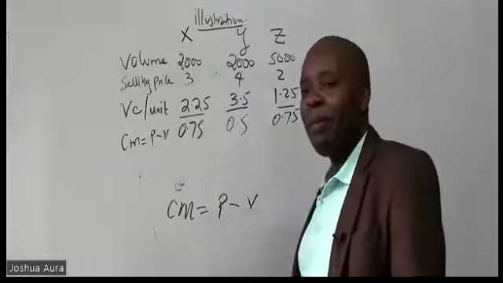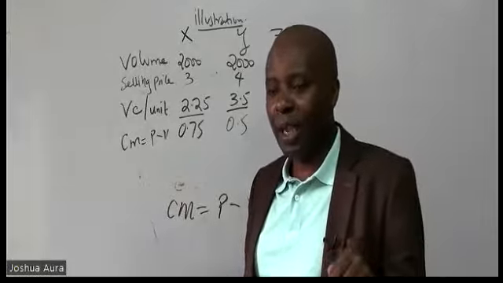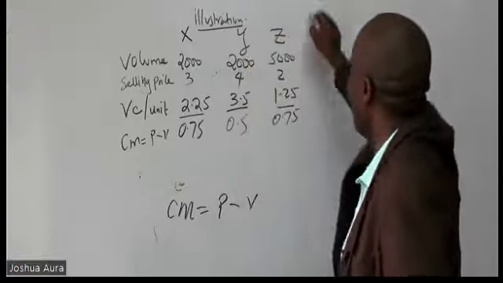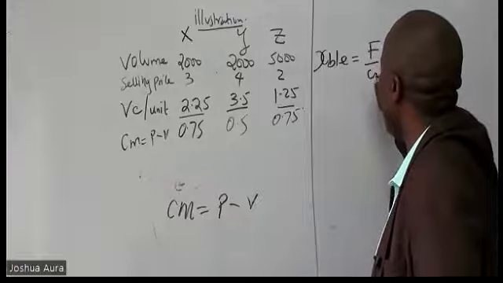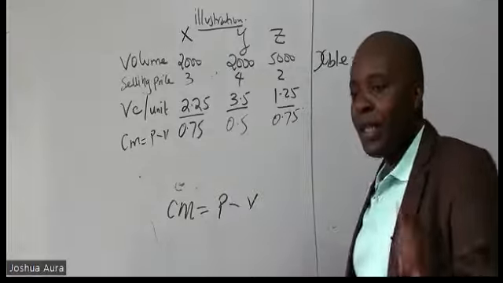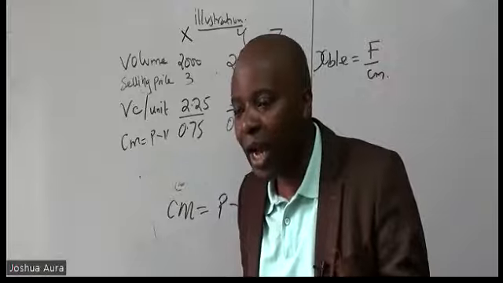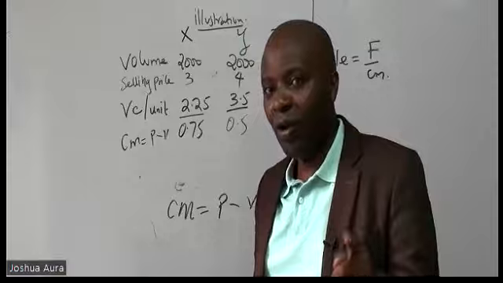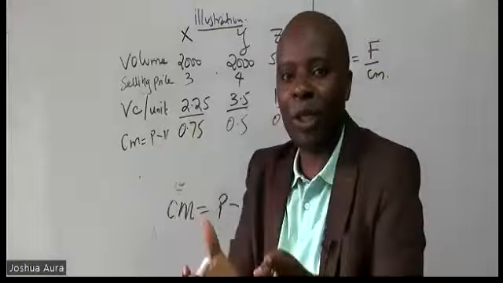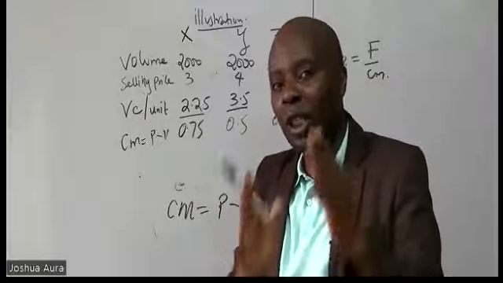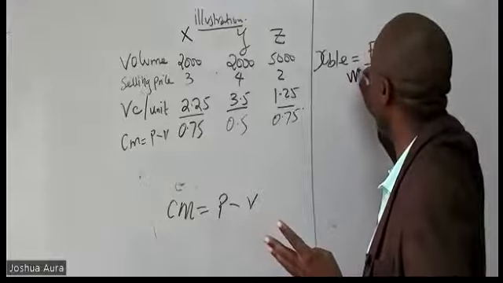Ladies and gentlemen, remember, if you want to get the break-even point, we normally take fixed cost over CM. This is when we have a single product. Whenever we have a single product, we shall use this formula. But if it's a composite, a compound scenario, where you've got 3 different products, like in this case here, there are many products, then automatically we must add what we call the working,